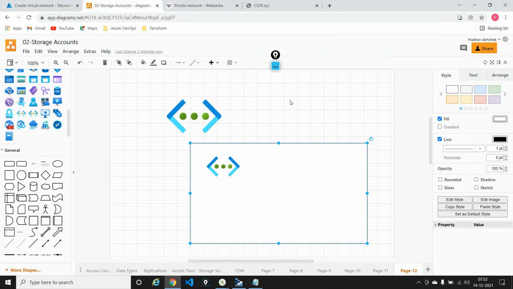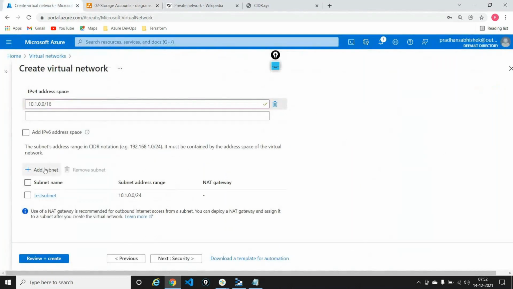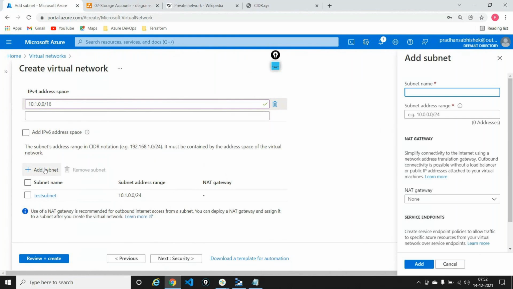So I've created one subnet. Out of 65,536, I have taken out 256 right now. So the remaining is 65,536 minus 256, whatever number it is. I can now create another subnet. I say this is test subnet 1. And what should be the address that I need to give here, guys? Anyone? Okay, 10.1.0.0. So I'll say